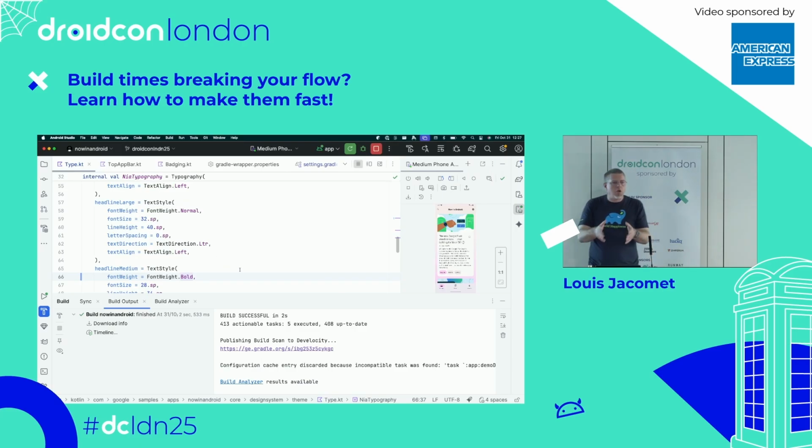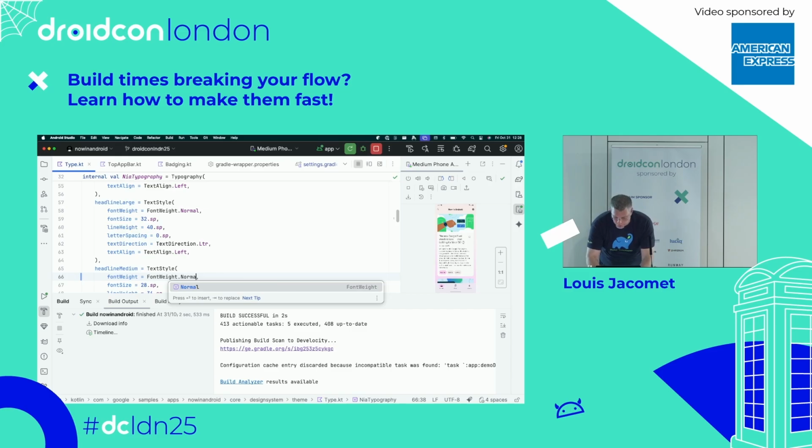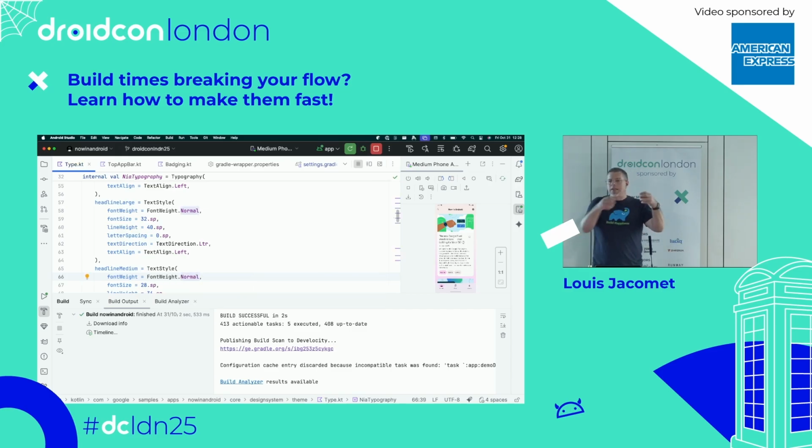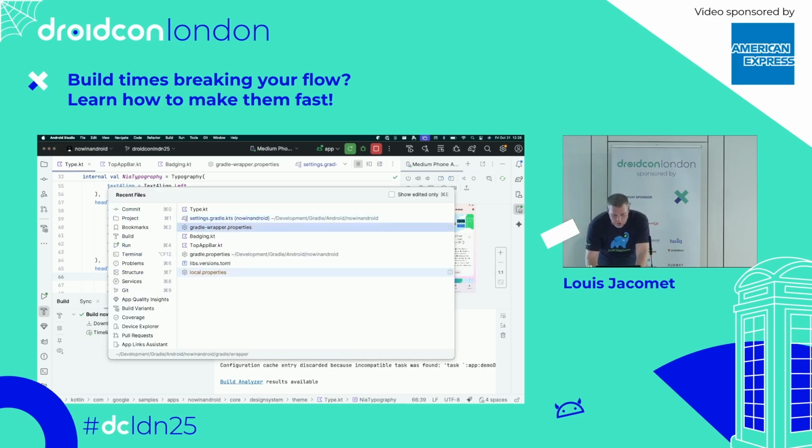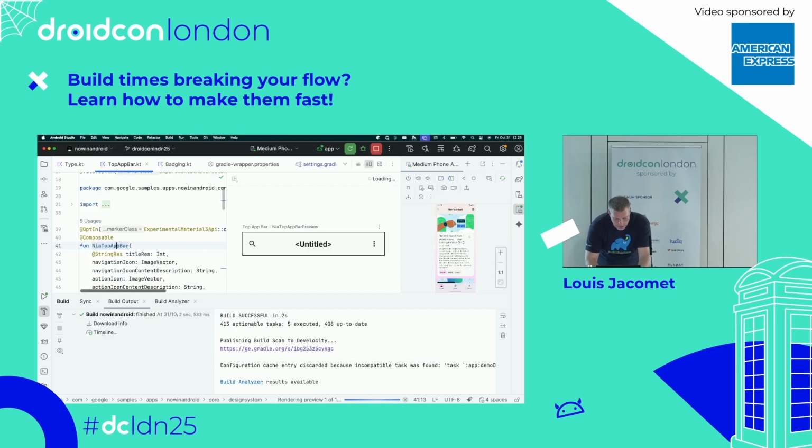But here, of course, we're looking at a very minimal change where the only thing I'm changing is a value in a single class. So that's what we call a non-ABI change. And so as we've seen, there is almost no cascading effect on compilation because the only thing I changed was internal to an implementation. I just recompile that module and then assemble my app. That's it. Now, if I go into the top app bar and I rename that,